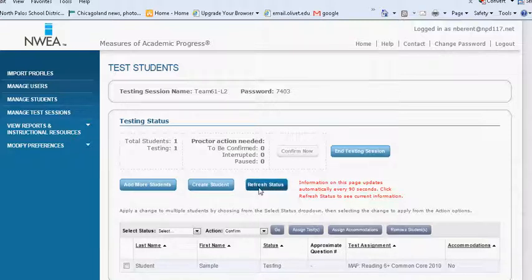At this point, if you refresh again, you can see their status has changed to testing. It will also let you know the approximate question number that they are on. If at any point you need to stop the student from testing, select the checkbox next to their name, and